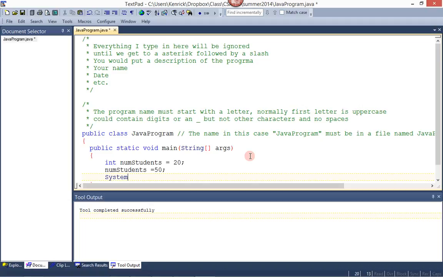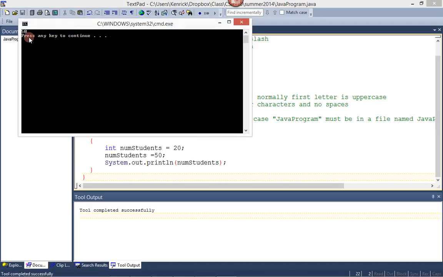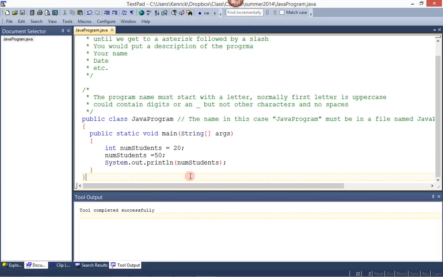And then if I do System.out.println, I can print out numStudents. And so if I compile this and run it, then here it outputs 50 because I just copied that in there. If I put double quotes around this